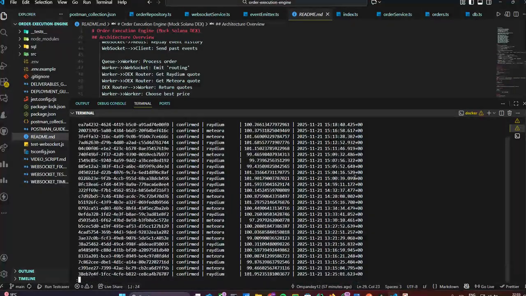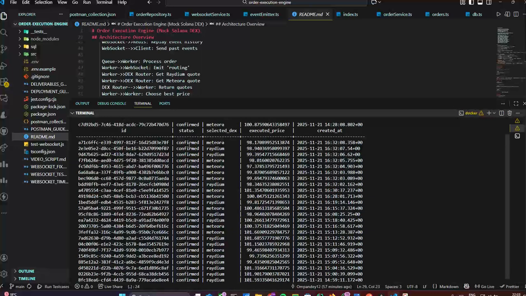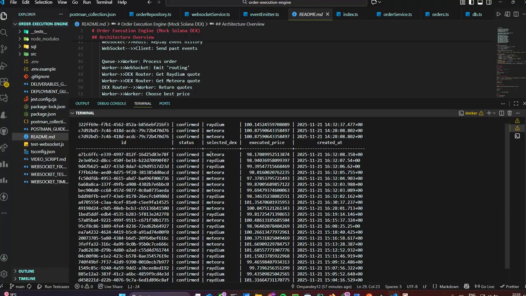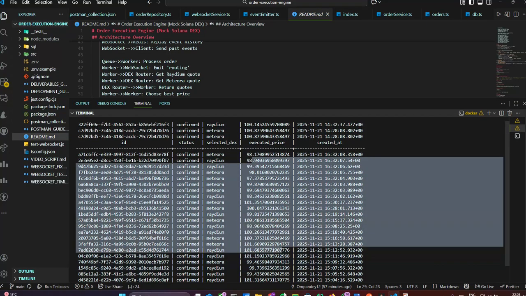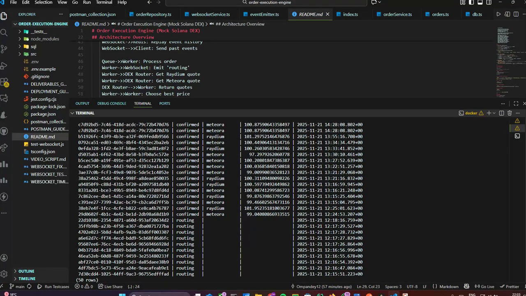As you can see, the orders are now getting executed. Currently we are using two DEXes, Meteora and Raydium, and one is selected based upon the values. As you can see, these are just some random values. So these are my server logs, and